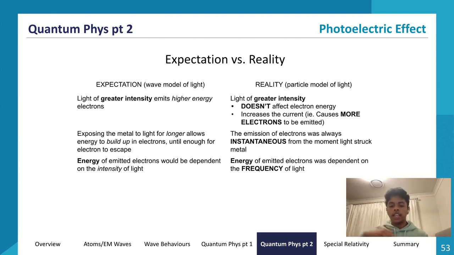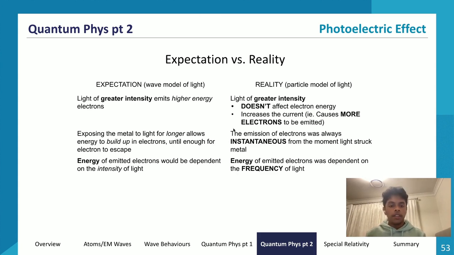So if we shoot a greater number of photons, assuming that all these photons are above the threshold, or they have enough energy within them to cause the electrons to leave, then if we increase intensity, we'll cause more electrons to be emitted. And if we emit more electrons, then within that coil there'll be more electrons, so the current would be greater, right? So there'll be more charge traveling through in the same amount of time, so the current would increase as you increase intensity. The kinetic energy of these electrons would not increase. So photocurrent would increase, photovoltage would not increase.